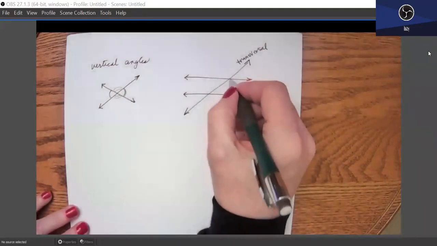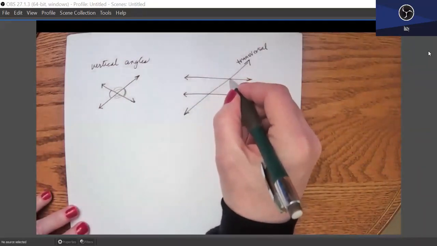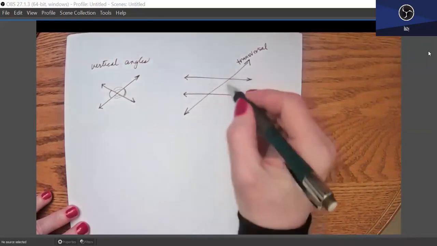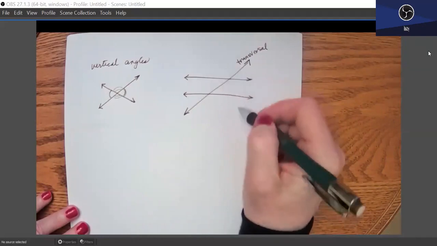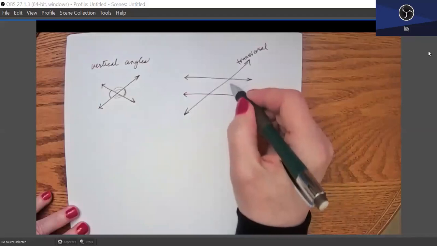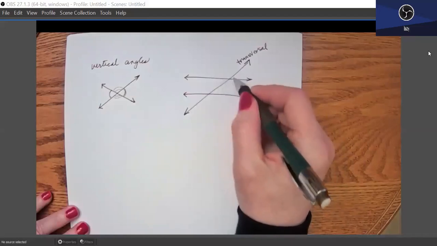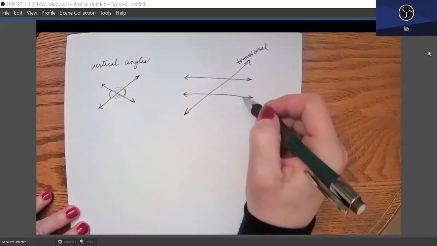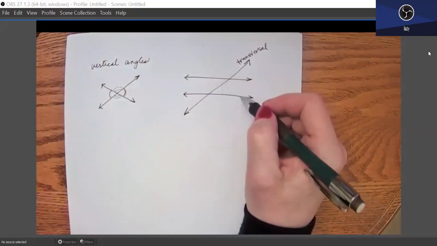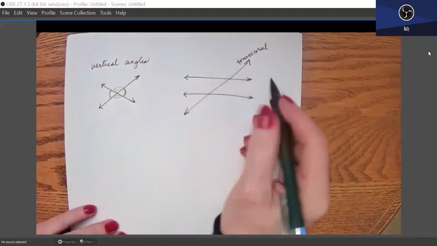Okay, so if we look at this intersection point, we have an angle above to the left, meaning above from the intersection. We have above the intersection to the right. We have below the intersection to the left, and we have below the intersection to the right. So angles that are created with parallel lines cut by a transversal,